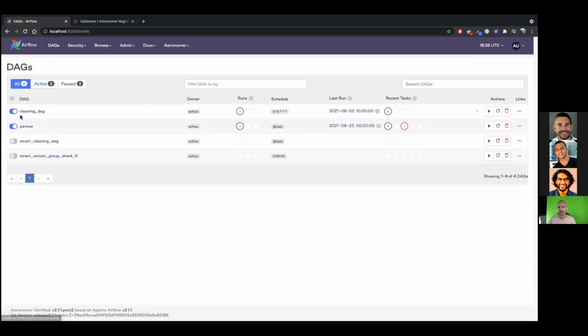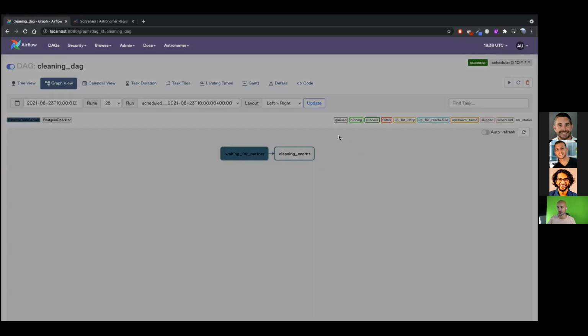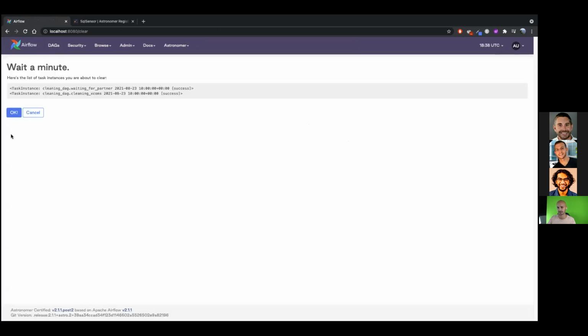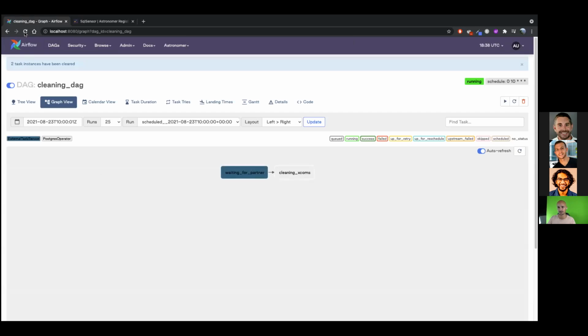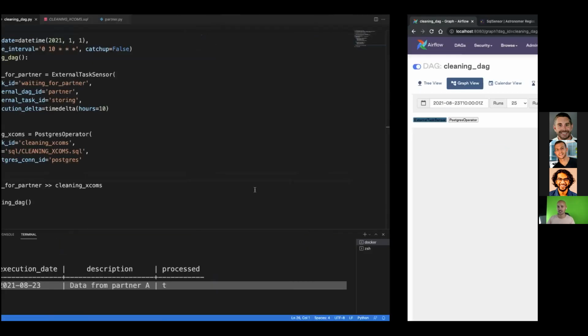If you go back to DAGs and clean_dag, then retry your external task sensor by cleaning it. Well, your sensor will keep running forever. I mean, until it times out. Why? Because there is one argument that you always have to define, which is failed_states. And by default, this argument is set to none. So, which means